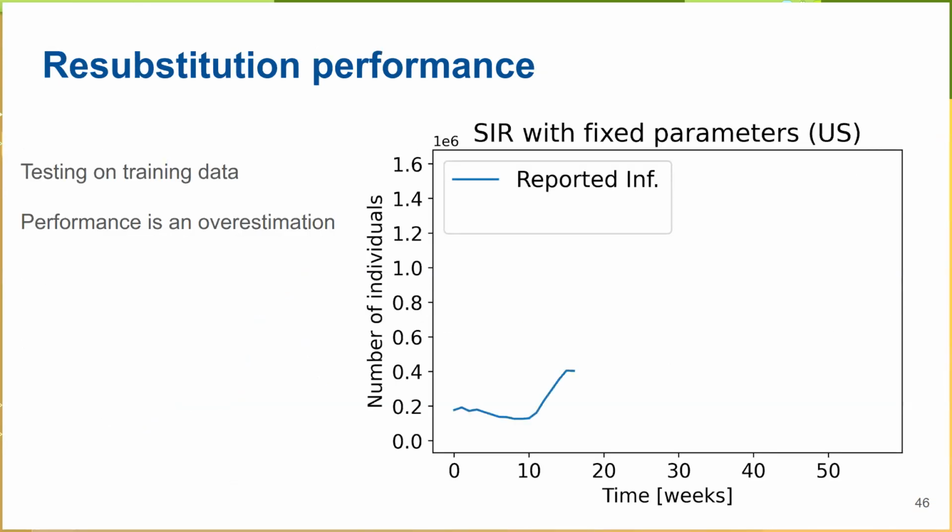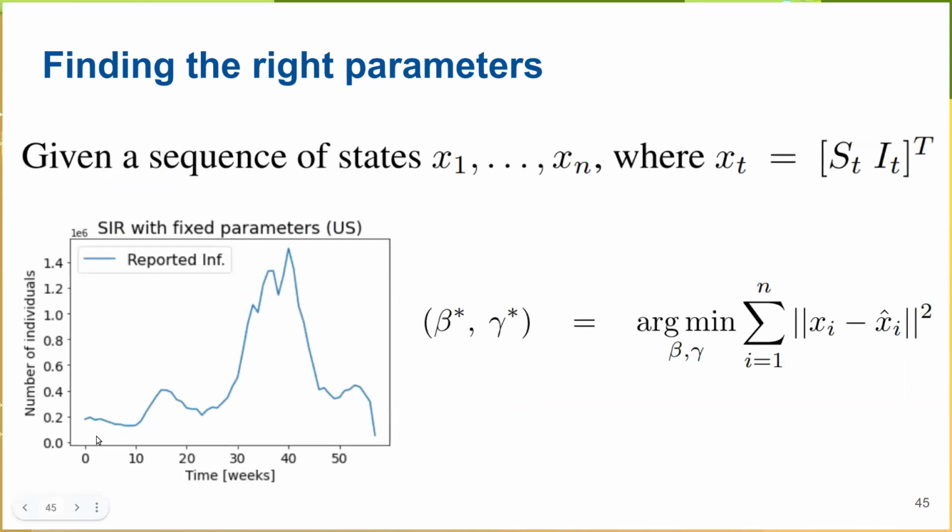So then we can find the parameters, beta and gamma, that best fit the data, a very traditional task in machine learning. And then we can evaluate how good it is to explain the data. Forget about predictions at this point. Let's test on the same training data and see how well this model does. Because if it doesn't work on the training data, then it's not going to work for evaluation of the performance. The resubstitution error is an overestimation of the performance.